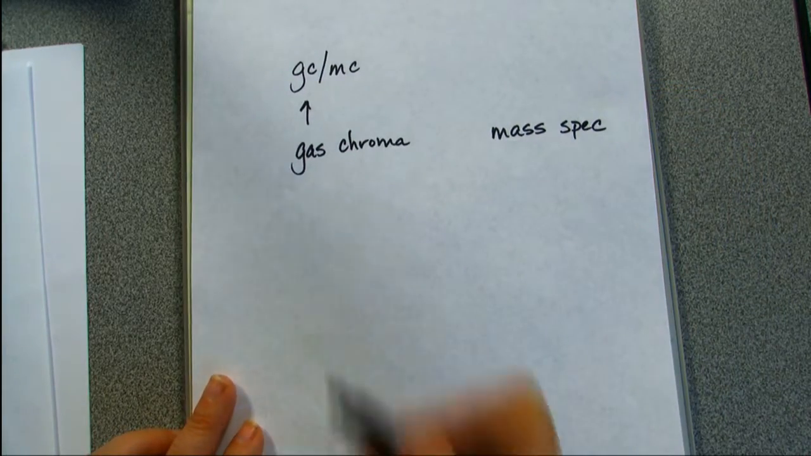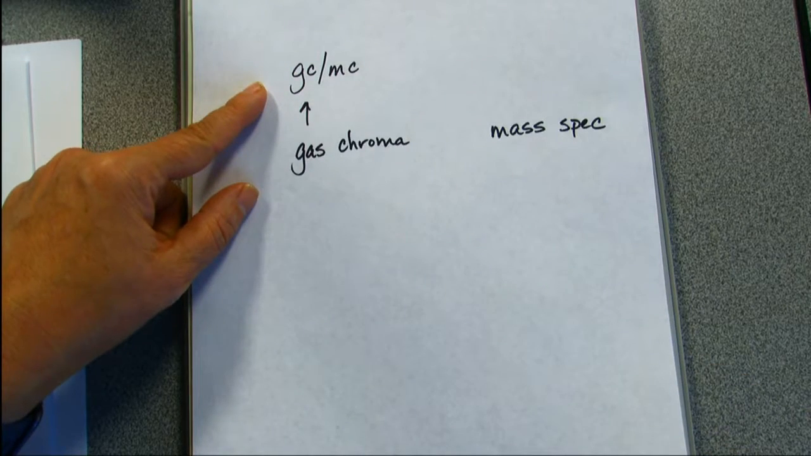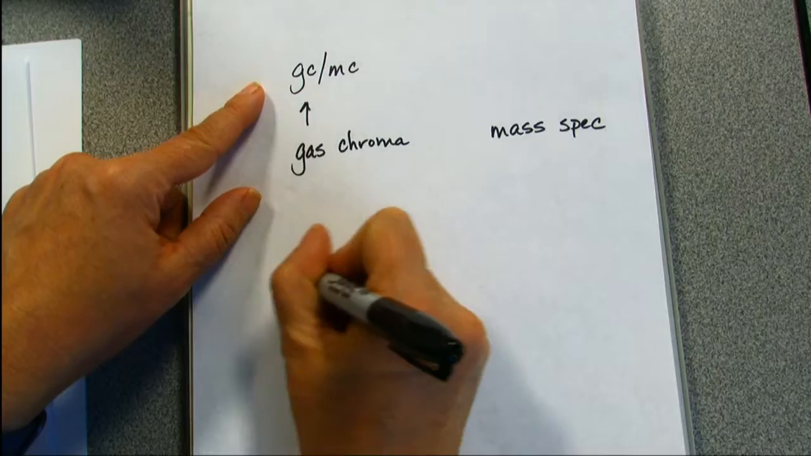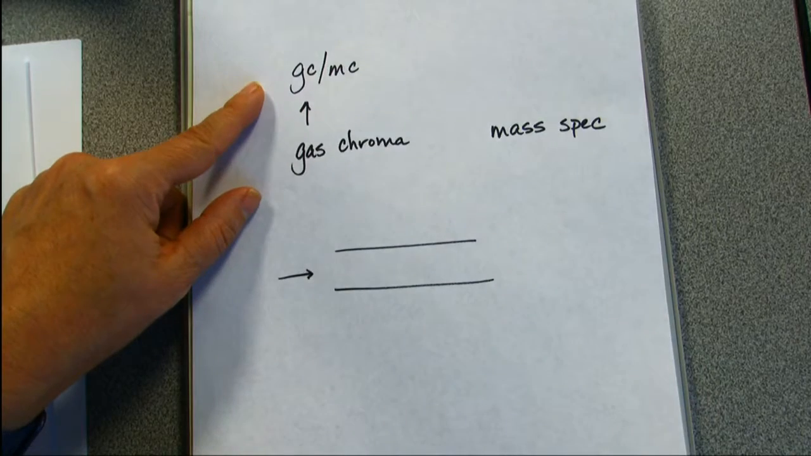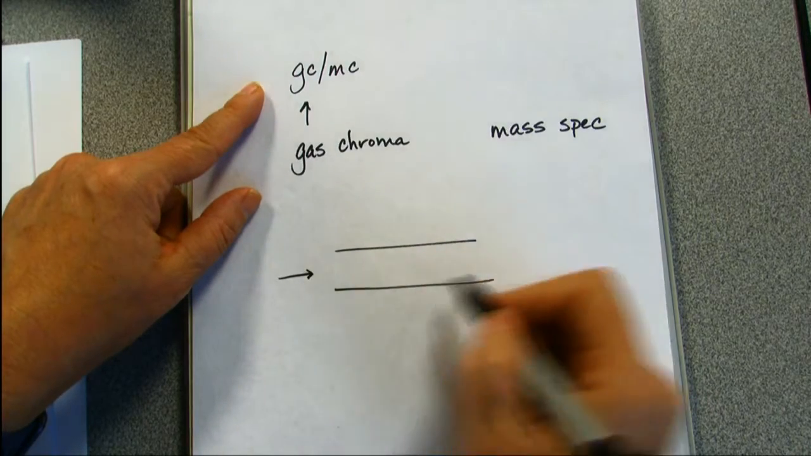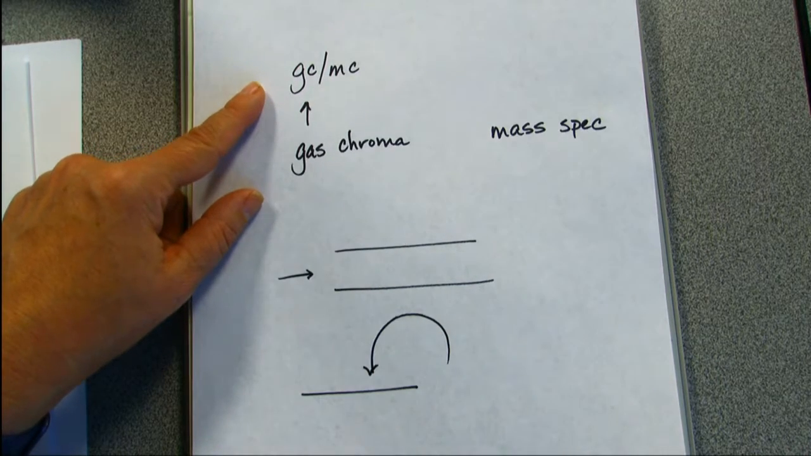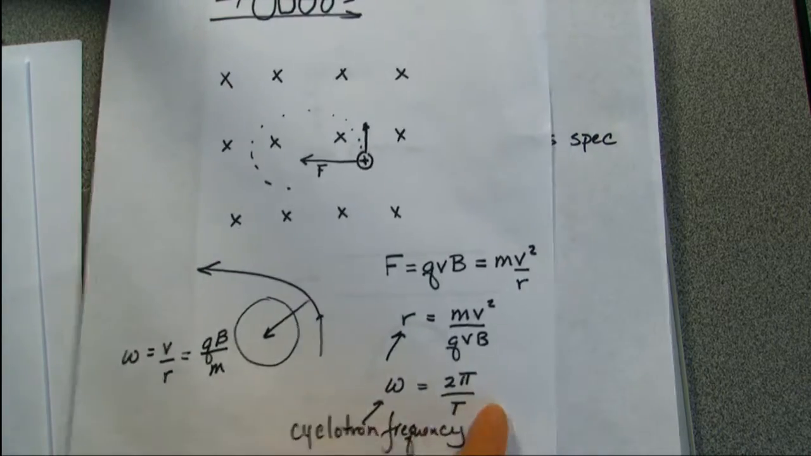So we have the gas, and what happens with the gas chromatograph is I'm going to separate the analytes by their time in the column. Things with the same residence time are going to come off together, eluted from the gas chromatograph, and then they're going to hit a magnetic field. Okay? Which is going to cause them, essentially, to go into a circle and hit a target. And we just saw that my radius is dependent upon the velocity